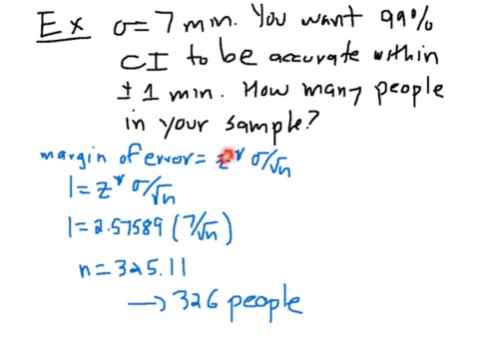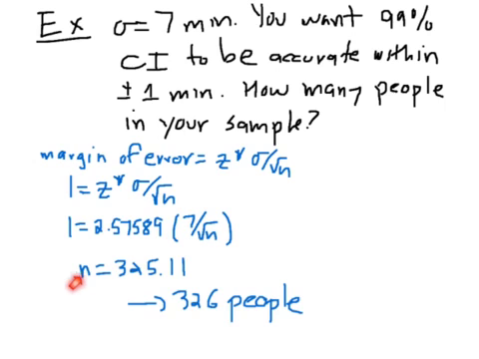So here's our margin of error formula. We just set up an equation: 1 equals z star sigma over root n. We know sigma is 7, so notice I replaced the sigma with 7. We can calculate the z star value. It says we want to be 99% confident, so we'll get some practice with this, but actually you can do inverse norm of 0.995. You get this number, and then you just have to solve for n, which I just cranked out the algebra. I multiplied and divided. You get n is about